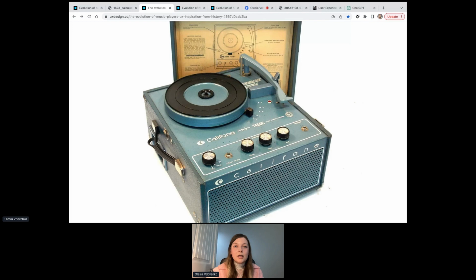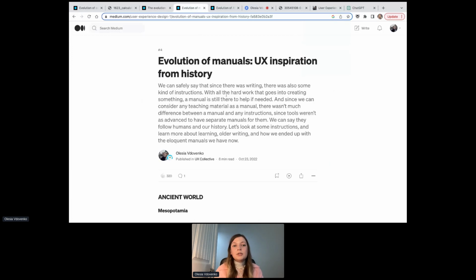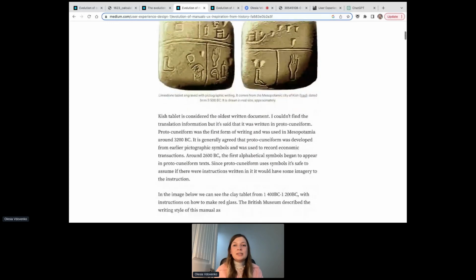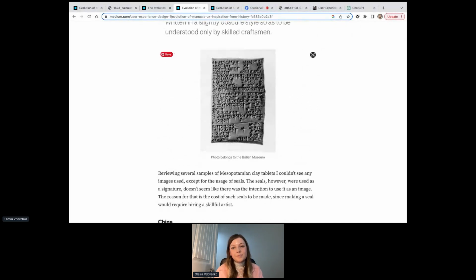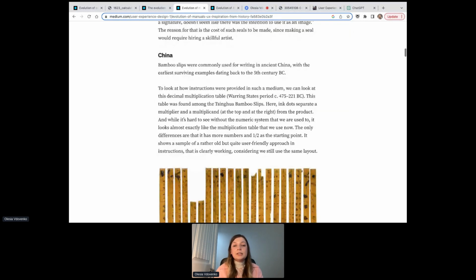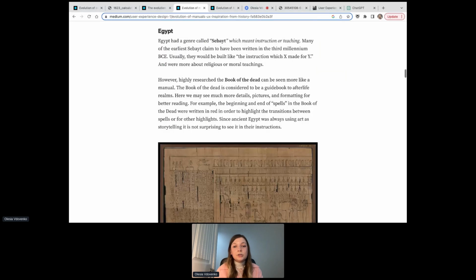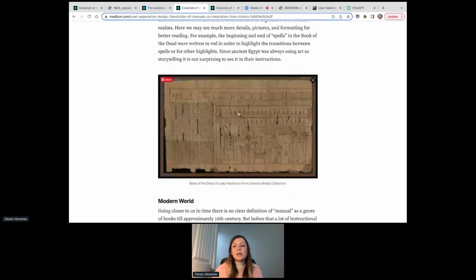In contrast to that, we can talk about layouts as an interaction pattern. So layouts as an interaction pattern is extremely old. Since people began to write, there was some kind of layouts there. Even in clay tablets, it's in here. So even in ancient China, in ancient Egyptian writing, you can see some kind of white space use, content grouping, visual enhancements, all of that you can see throughout the history.